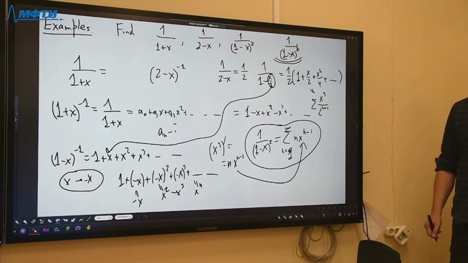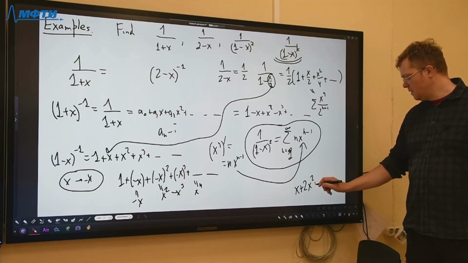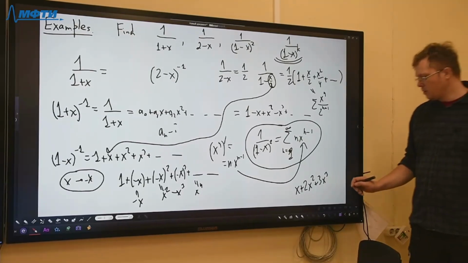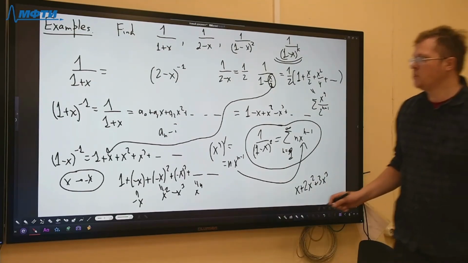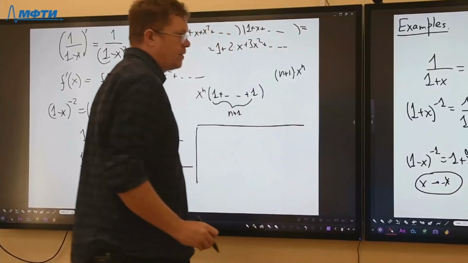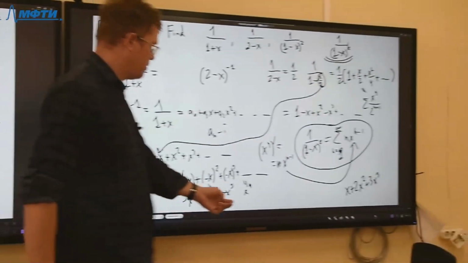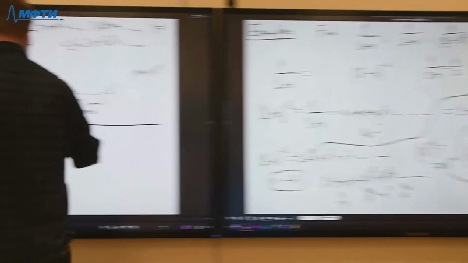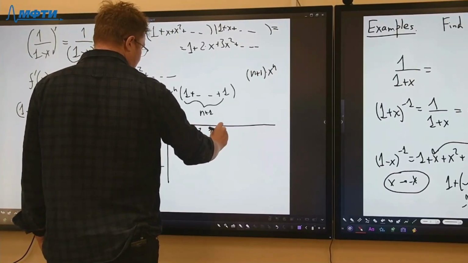x plus 2x squared plus 3x cubed. This one? You want to calculate the inverse of this one? Something like that. But it's not very hard. So this power series is not invertible because the zero coefficient is 0. But you can write a short expression if you just take, so x plus 2x squared plus 3x cubed and so on,